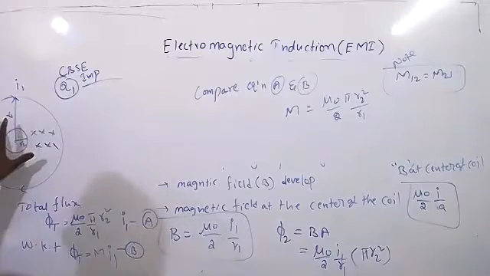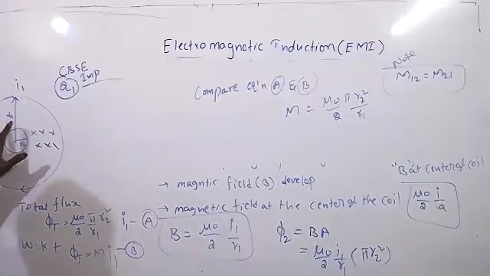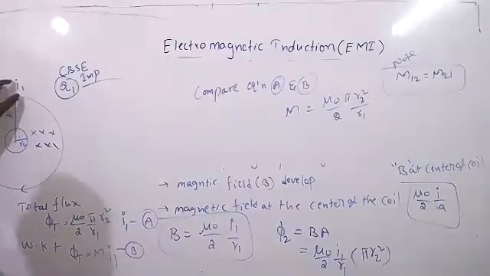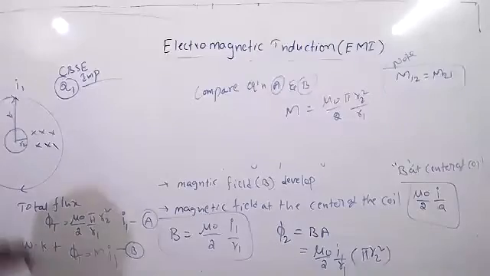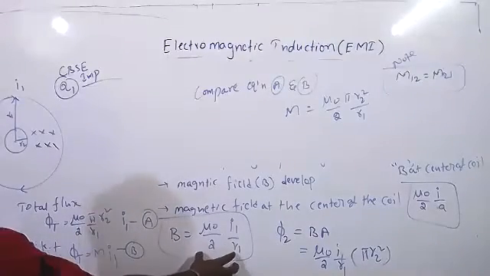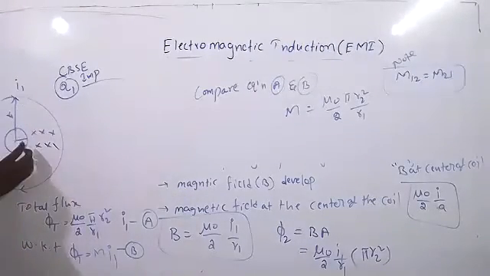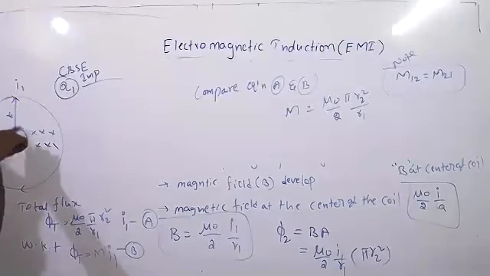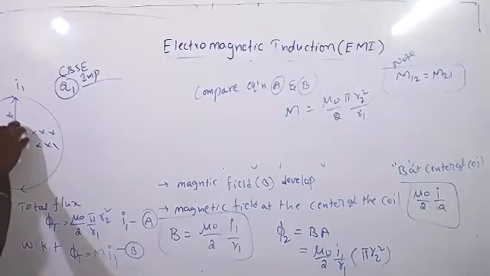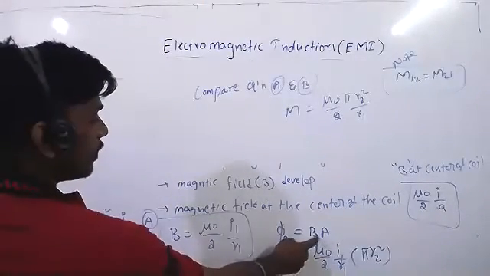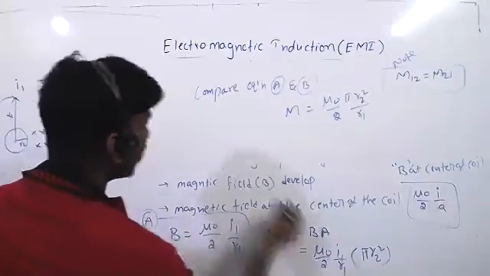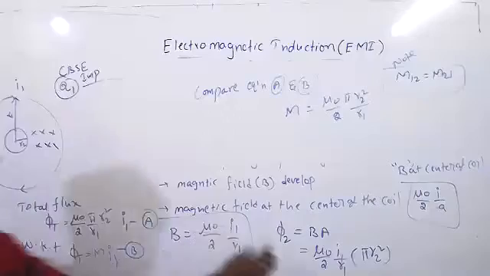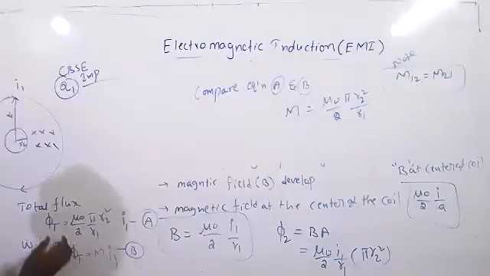So this is the question. When they have given like this, first you have to say how much magnetic flux is passing through this coil. We know how much magnetic field will develop, this much. So this total magnetic field is going through this area. So total flux equals BA. This B is due to whom? Due to first coil. Area is whom? Area of the second. We have given second.